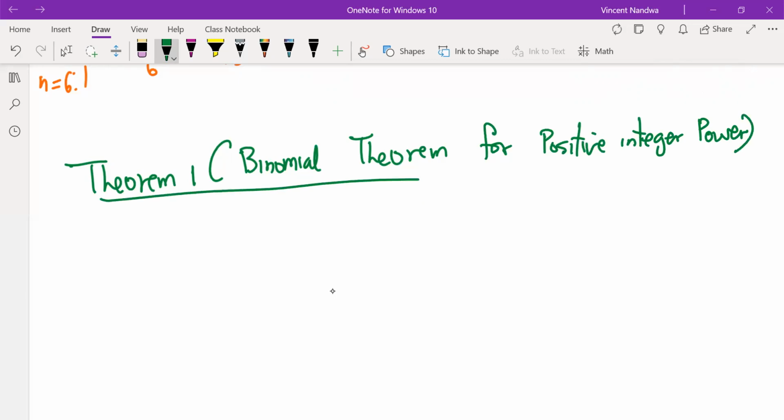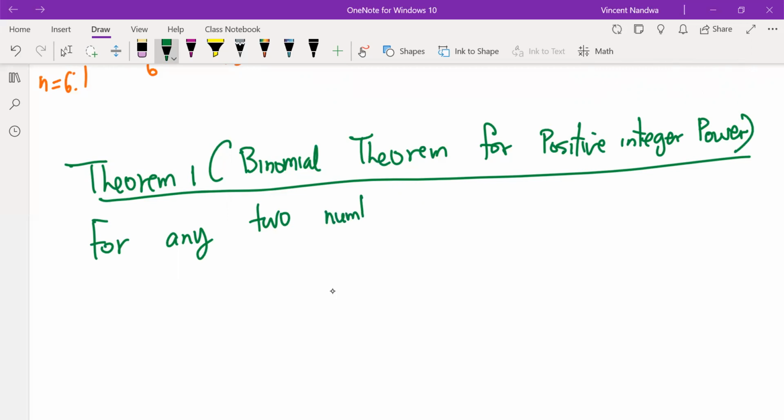So this theorem states that for any two numbers, x and y, if n is a positive integer,